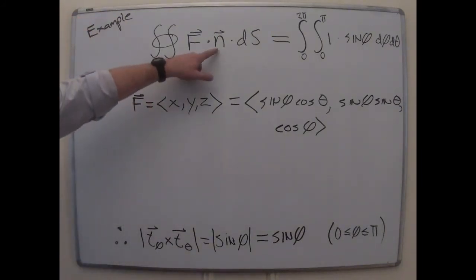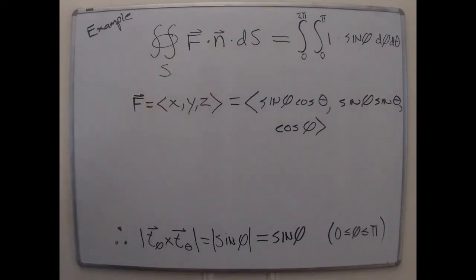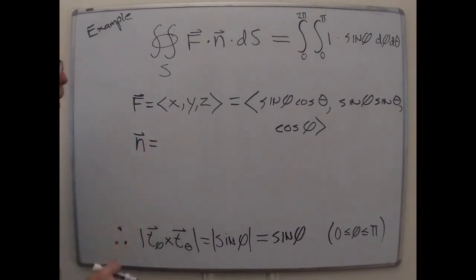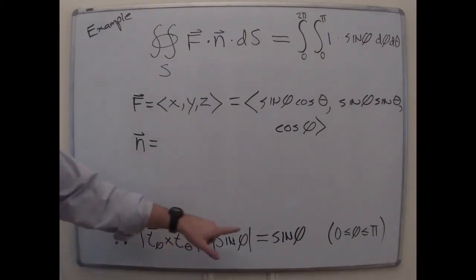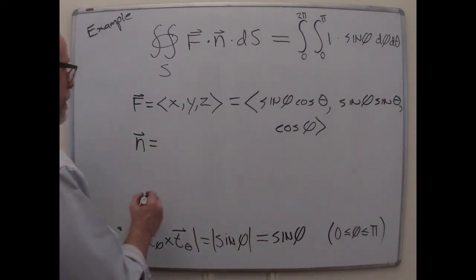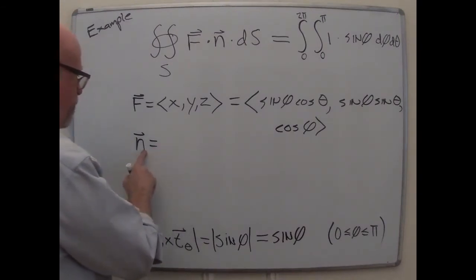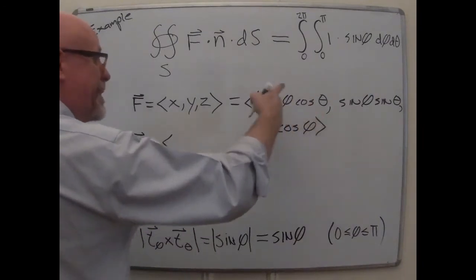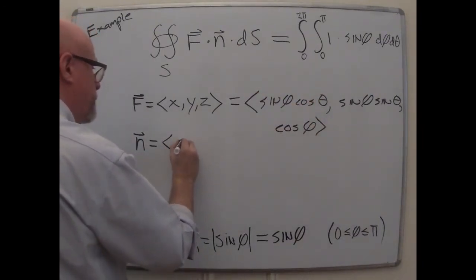Now, the idea that the normal vector is just the same as your position vector, I think I'm just going to say, yeah, we can work that out. Although the computation of t phi cross t theta actually gave us this unit normal vector scaled by the length of sine phi. So it was something we already calculated. But if I just pull out the normal vector part, remember what it was? It turned out to be the same thing as the position vector.